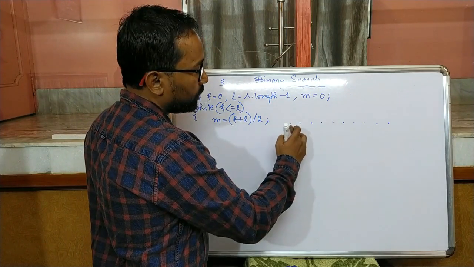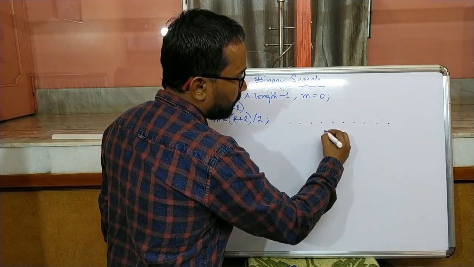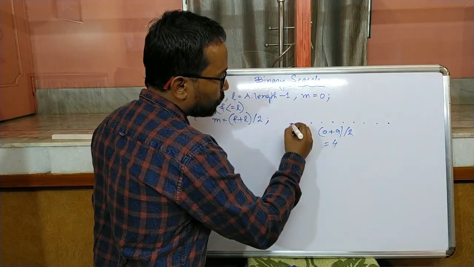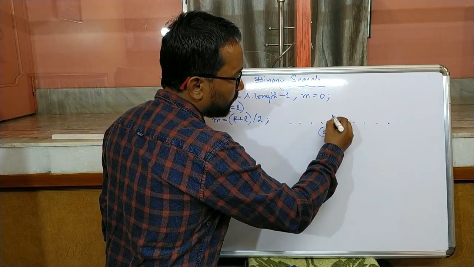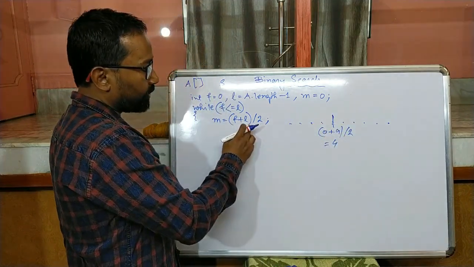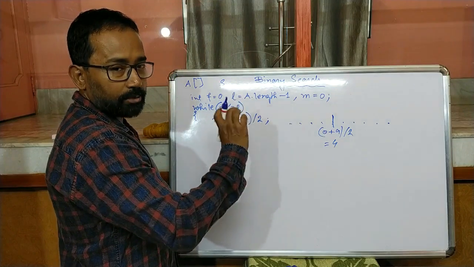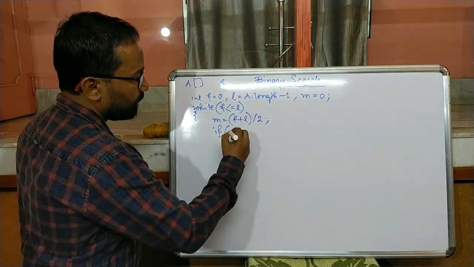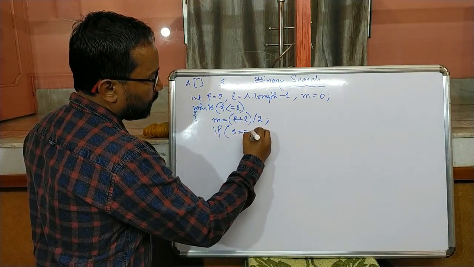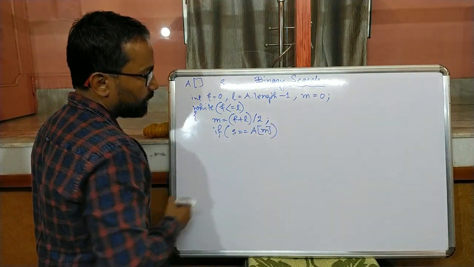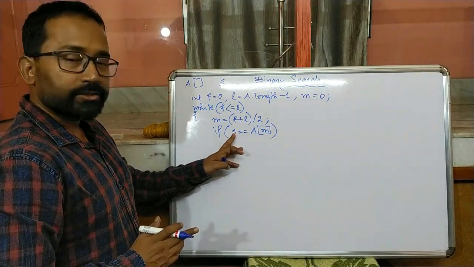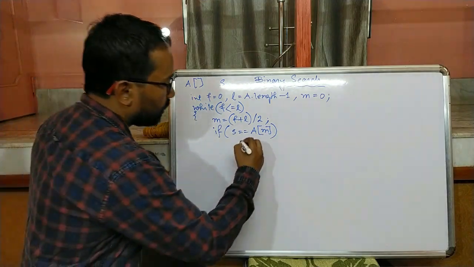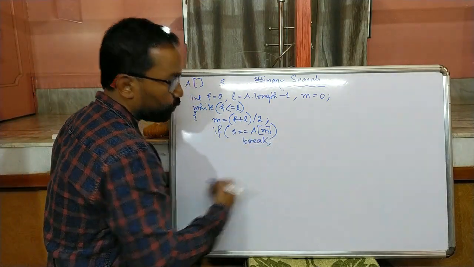This one. How? 0 is the first index, the last index is 9. So 0 plus 9 by 2, integer division will give 4. So 0, 1, 2, 3, 4. So this is the middle element. That's why I told you that from this division it will take the floor value as the index number of the middle element. Now remember, in case 1 we had a condition: the value to be searched is equal to A of m, that means the middle element's value, or not. If this is true, the value is present in this element, so we have to stop the loop because we found the value. Here we will use break to stop the loop.